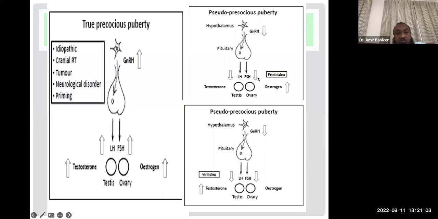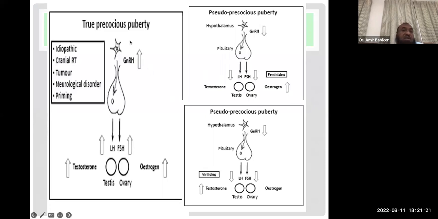So you have the gonadotrophins and the gonadotrophin releasing hormone suppressed while the estrogen and the testosterone are high. So while the testosterone is high, it's called virilizing, and if the estrogen is high, it's called feminizing type of